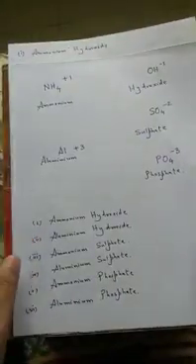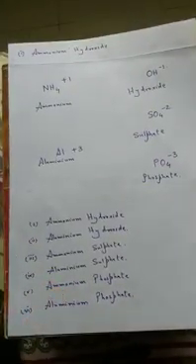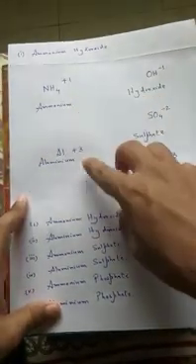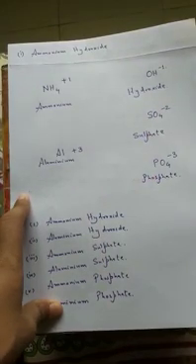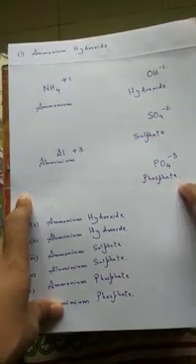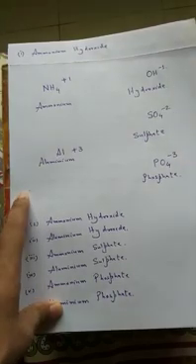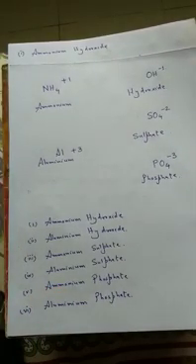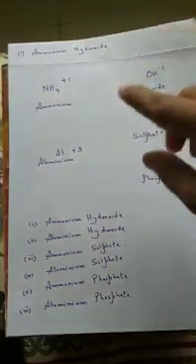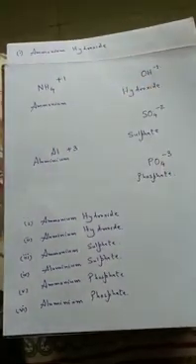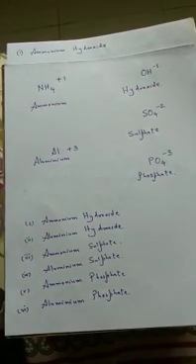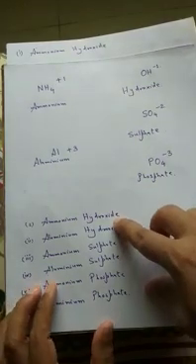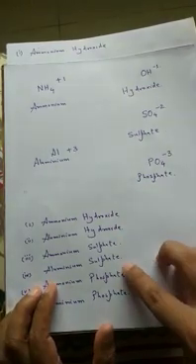For this purpose, I have chosen a few molecules which are composed of the following radicals. The positive radicals which compose these molecules would be ammonium and aluminium, which will carry +1 and +3 charge respectively, and the negative radicals would be hydroxide, sulfate and phosphate, which will carry -1, -2 and -3 charge respectively. Please remember these symbols. Our objective of this video would be to learn how to write the molecular formula of ammonium hydroxide, aluminium hydroxide, ammonium sulfate, aluminium sulfate.